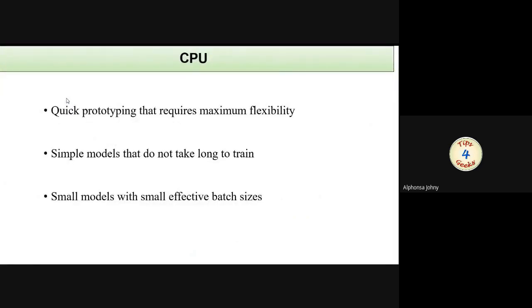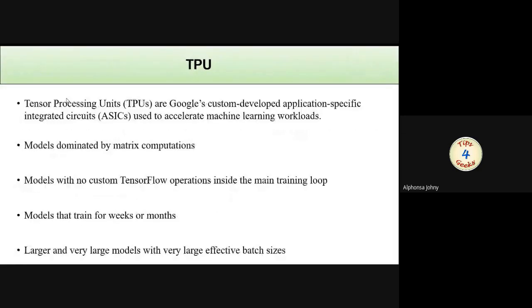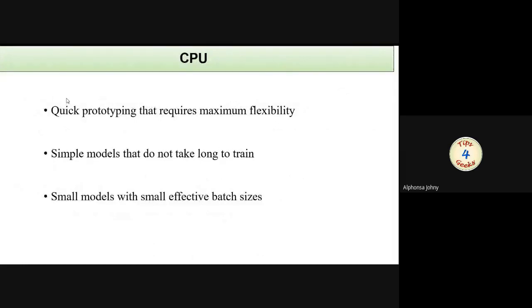about the runtimes provided by the Google Colab platform. Google Colab provides three types of runtime. The first one is CPU, just like our laptops or a normal desktop system uses CPU. Then the second one is GPU, that is graphics processing unit, and the third one is TPU. The user has the option to choose between these runtimes. They can choose CPU, GPU, or TPU, depending upon the requirements of the application.